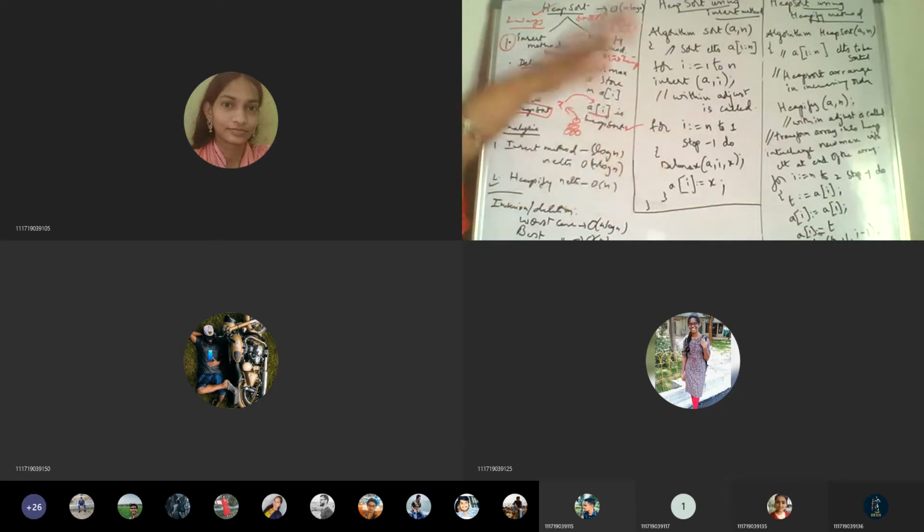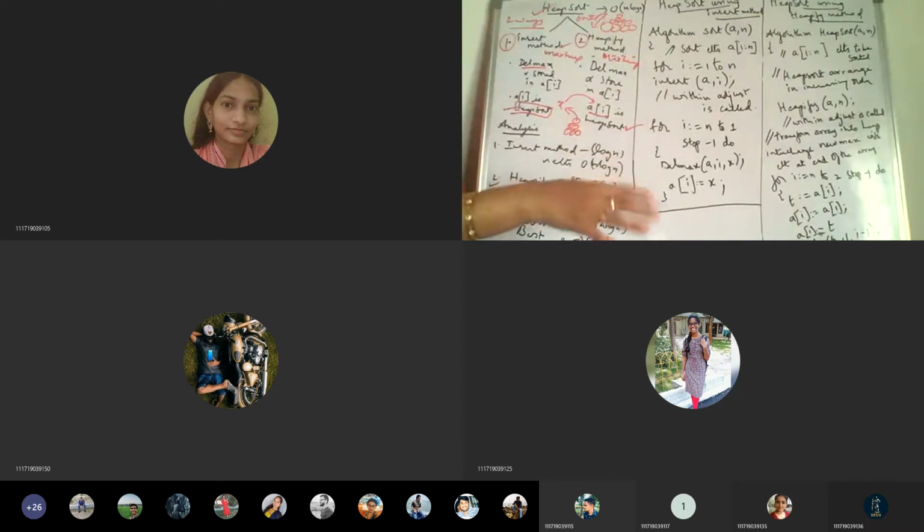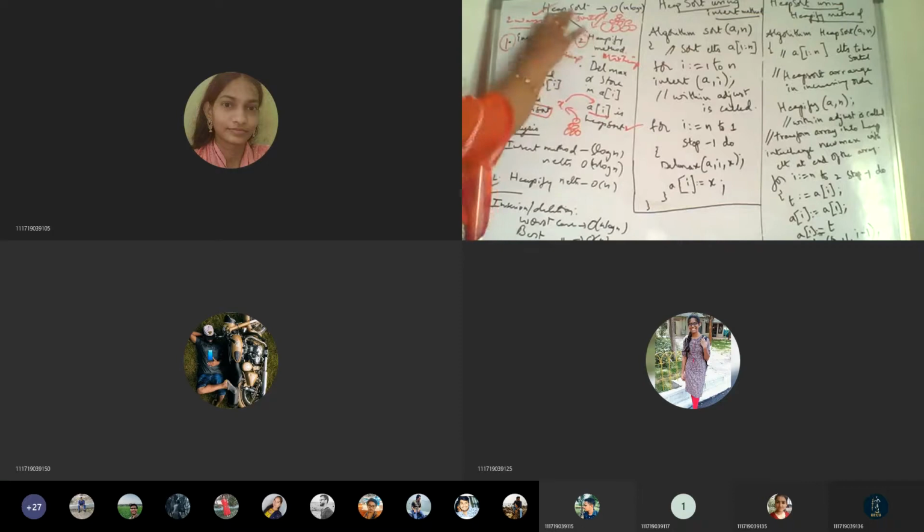That separate array, which is a collection of all the deleted items, will be an array in ascending order. That is called our heap sort. Till here, is that clear? Is the procedure clear?